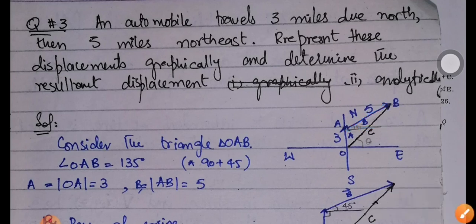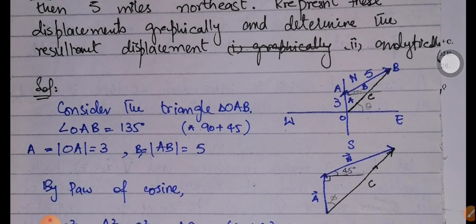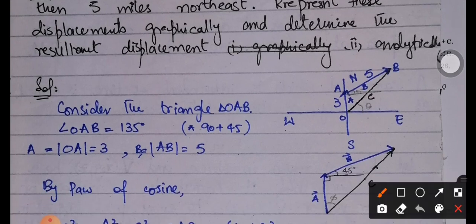As we have discussed for the addition of vectors, we have to place the tail of the second vector at the head of the first vector. Here you can see that it is already in that form, and we are just going to add the two vectors by joining the initial point of A to the terminal point of B. So here is my vector C that I have to determine.